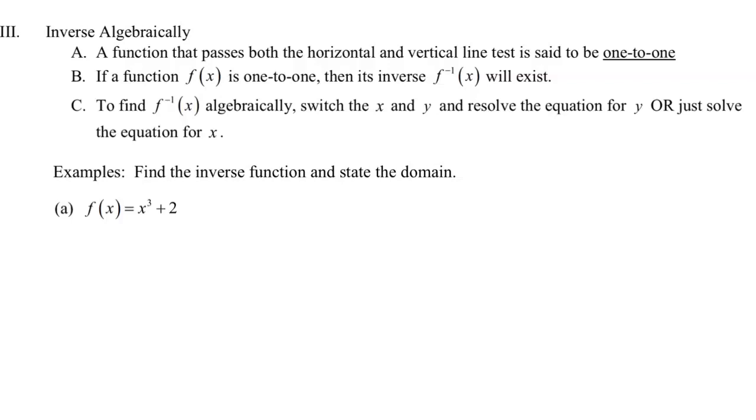Okay, what we want to do here in Roman numeral 3 is find an inverse function algebraically. So there's that definition that we talked about previously, that a function that passes both the horizontal and vertical line tests is said to be one-to-one. If the function is one-to-one, then its inverse will exist, and the steps to find the inverse algebraically are to